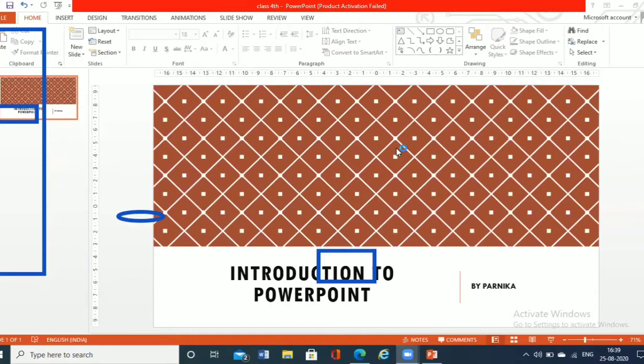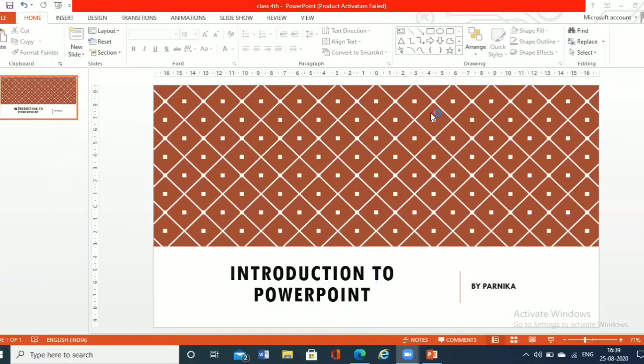But if I have not saved it, I have to work from the starting. So this is the way you can save your file. The shortcut key for saving the file is Ctrl+S. You can save your file by pressing the Ctrl+S buttons on the keyboard of your laptop or computer.